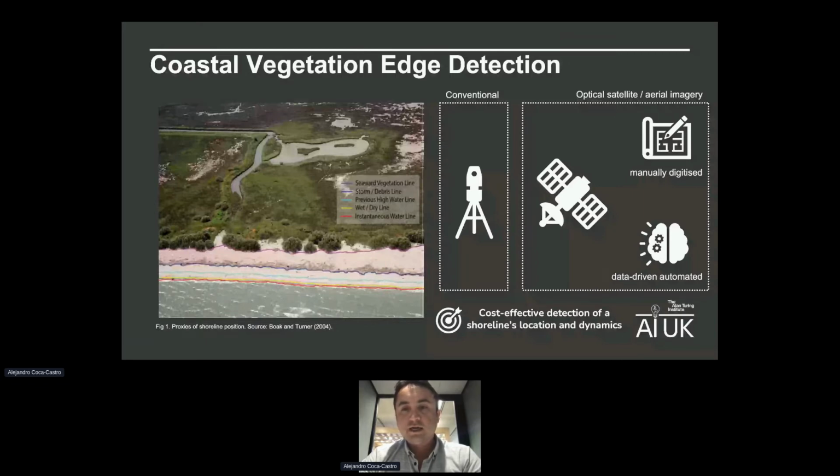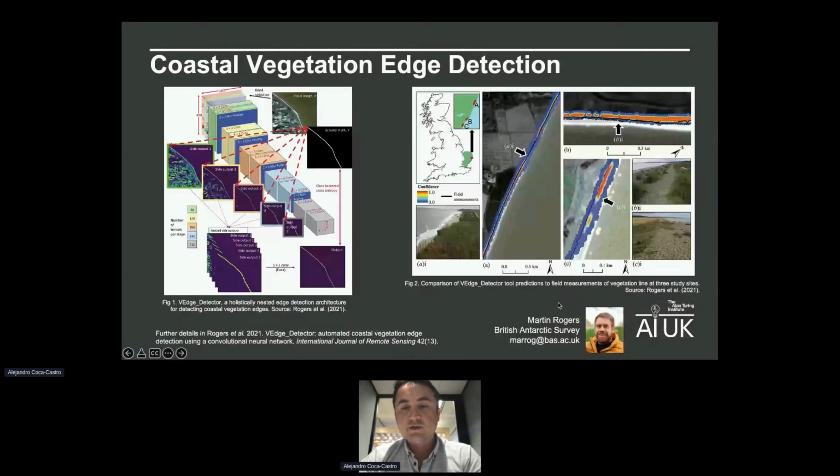And here, of course, you can do this manually, but there is a lot of interest in doing this in a more machine learning or data-driven automatic way. So for this use case, people are aiming to find cost-effective detection of shoreline location and dynamics. And it's here where Martin, in collaboration with Martin Rogers, a researcher at the British Antarctic Survey, as part of his PhD, developed this model, advancing the detection of the coastal vegetation edge using